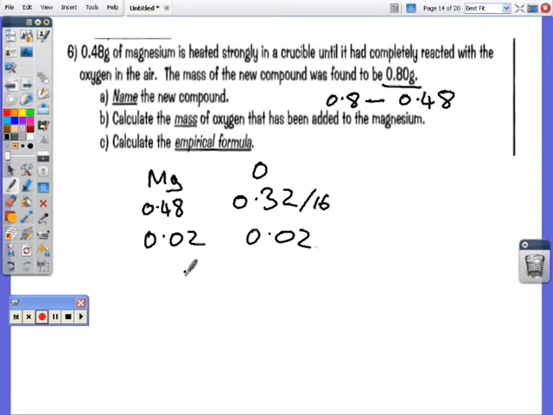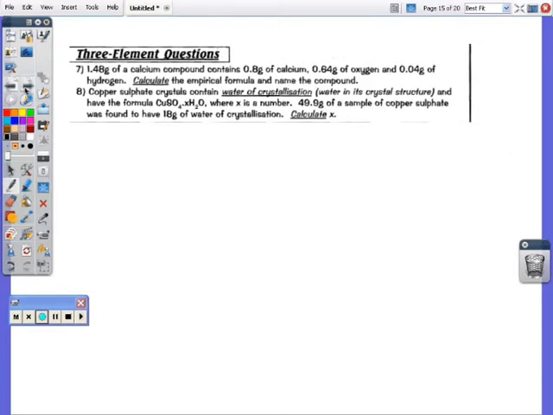So it's a 1-to-1 ratio. You can see that quite clearly, I would like to think. And therefore you get MgO. Okay, we'll take now one that is, I suppose, a little bit more difficult in that we now